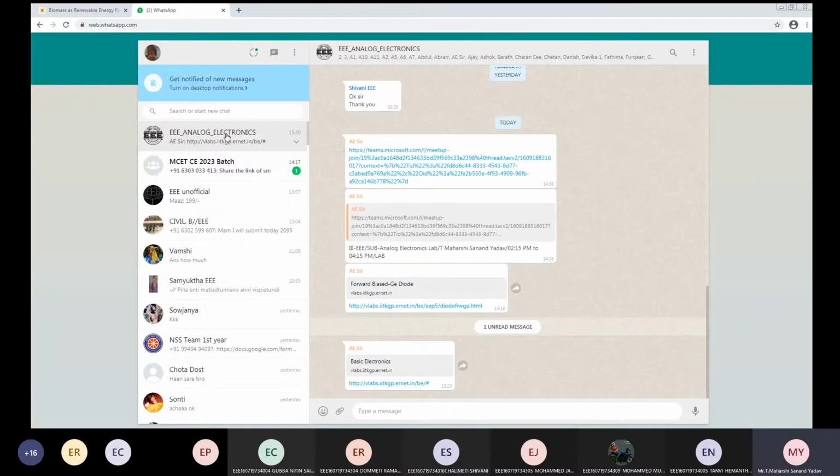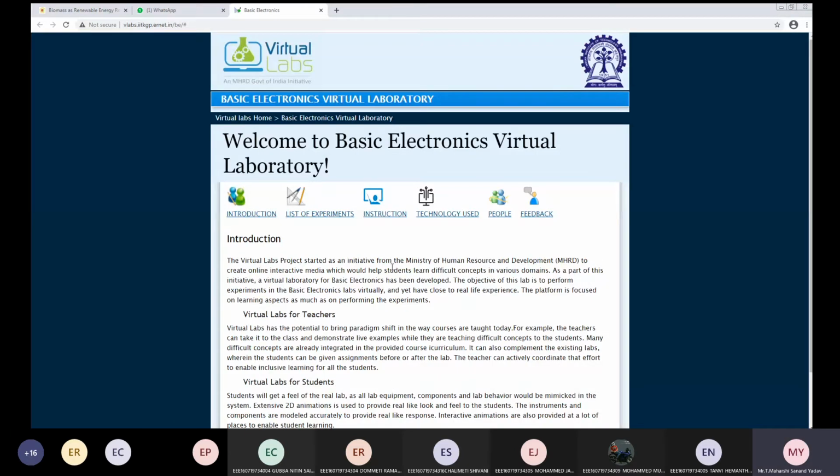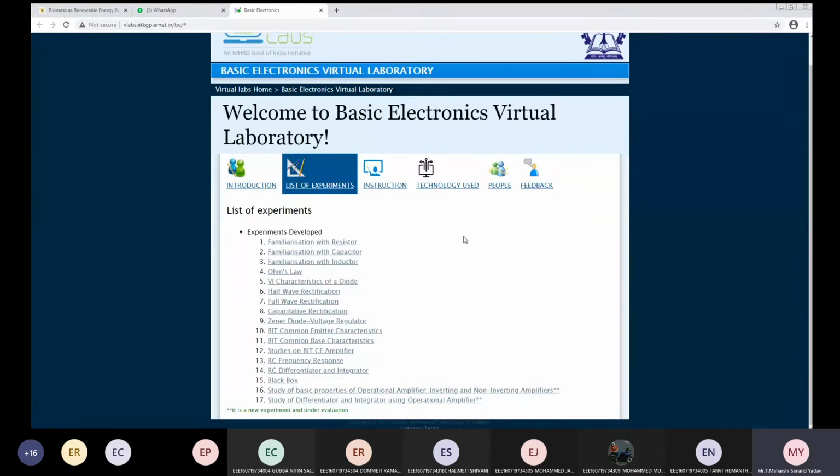Check your WhatsApp. So everyone, first be perfect with the theory part. Click on list of experiments. Next, VI characteristics of diode. In that, germanium reverse bias.